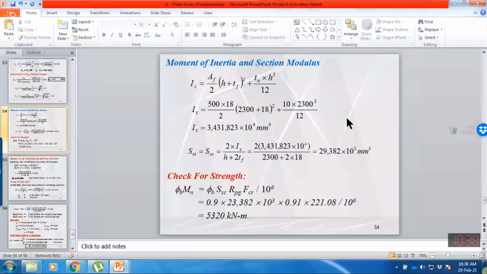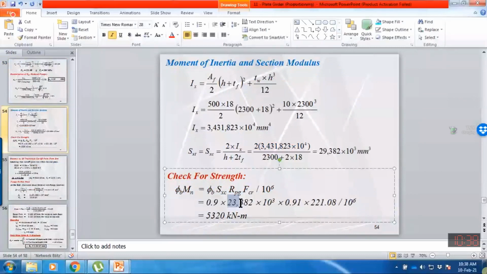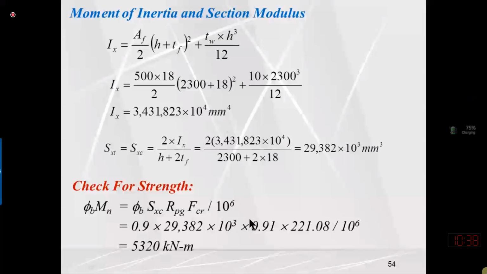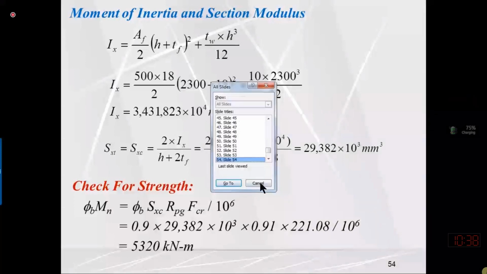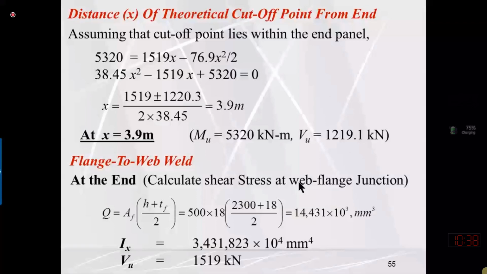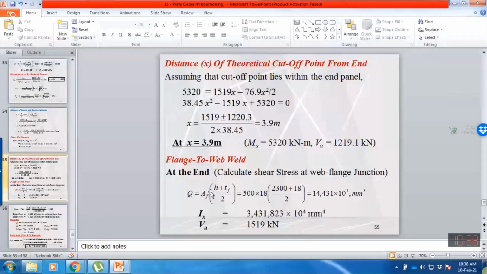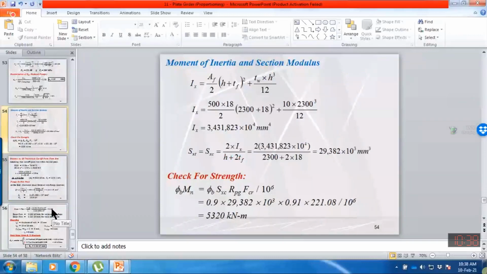Okay, anyhow, I will check this answer, maybe I made a mistake. This value must be 29. So anyhow, RPG value 0.91 and FCR value 221.08. So the capacity is 5320. And that's what we need to do. Capacity is 5320. We need to check